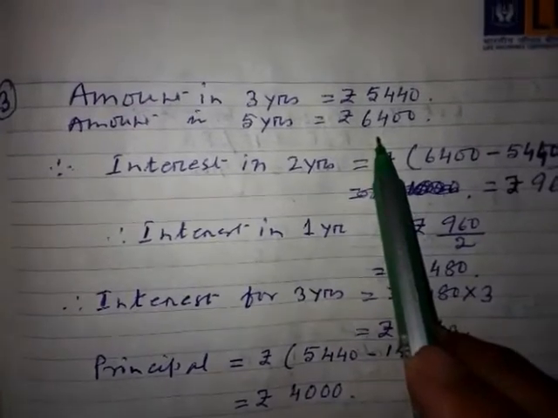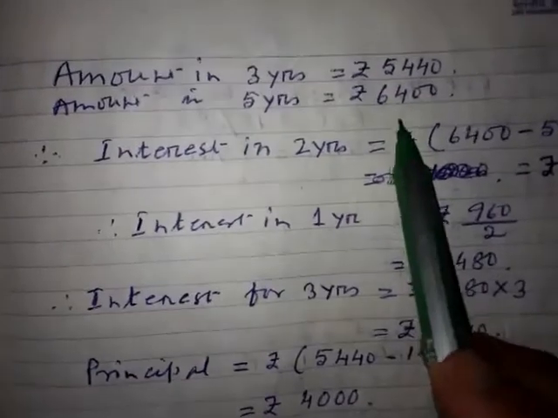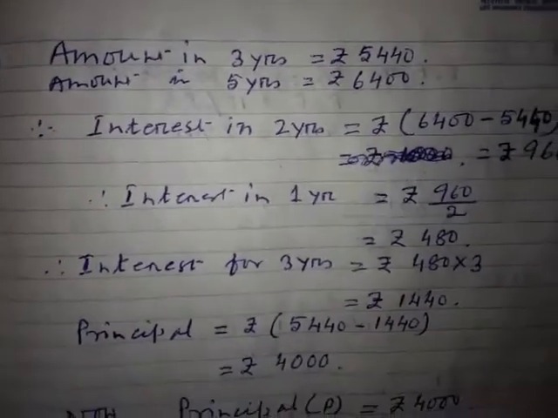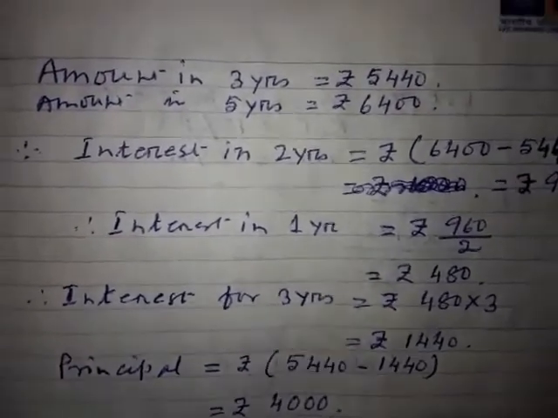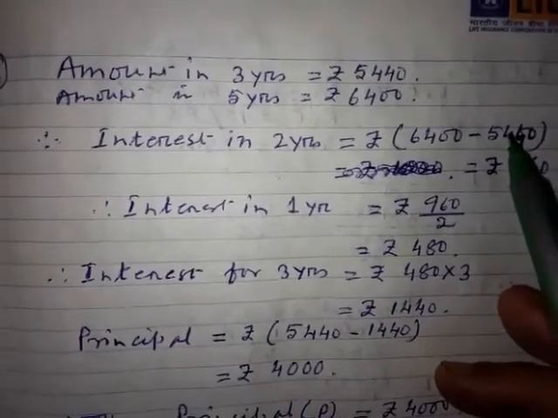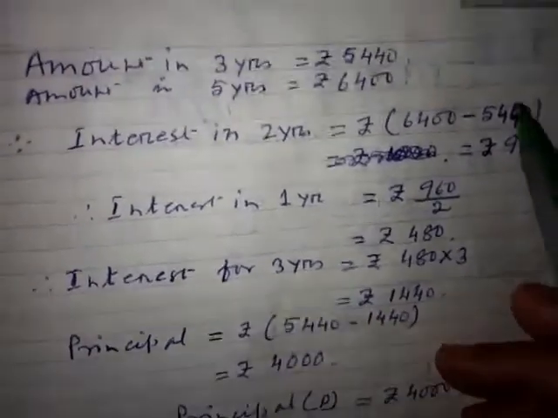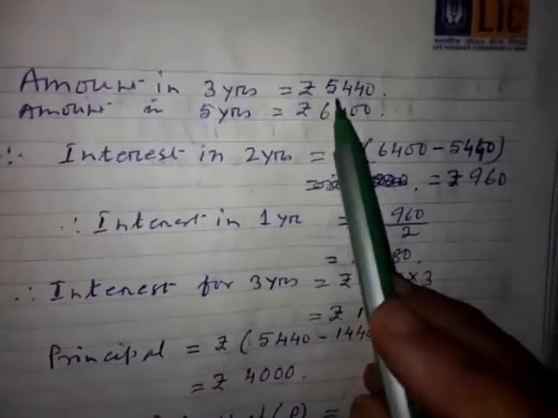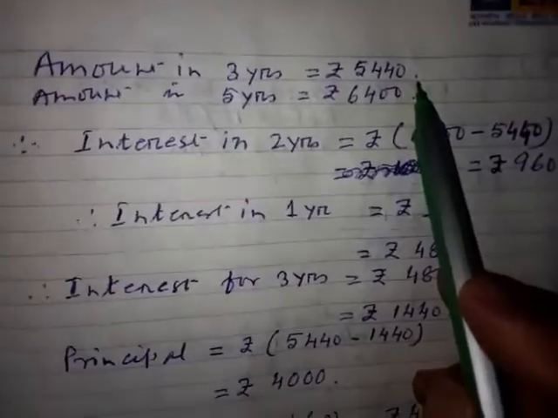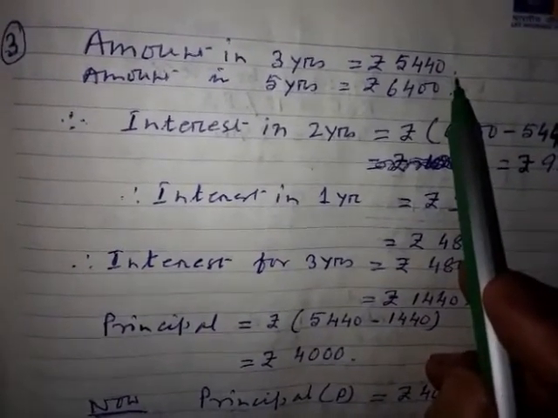The other day, when I had given you the homework to do it, I just explained to you. What I told you, beta? A certain amount of money you kept in your bank. And after 3 years, you went to the bank and asked the bank manager, sir, 3 years are complete, if we withdraw the money from the bank now, how much money will we get? The bank manager said, you are going to get 5440. Then you said, let it be there in the bank. You left it in the bank. Neither did you deposit any money in the bank, nor did you withdraw any money from the bank.